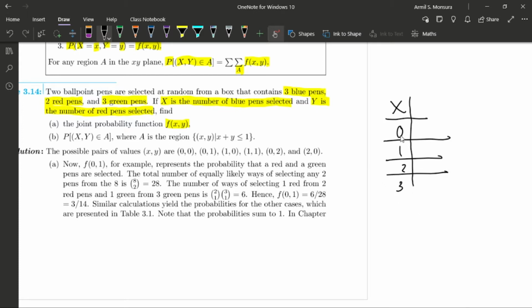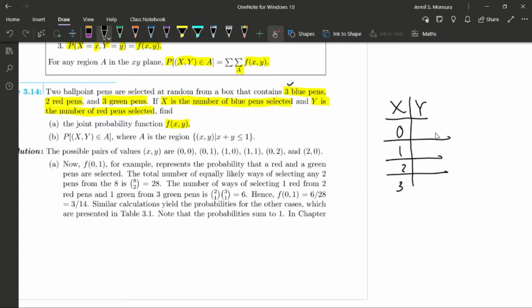Since there are 3 blue pens, it is possible that we will be selecting 0 blue pen, 1 blue pen, 2 blue pens, or 3 blue pens. In the same manner, if y represents the number of red pens selected, then the possible values for your